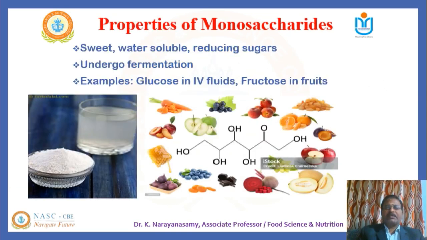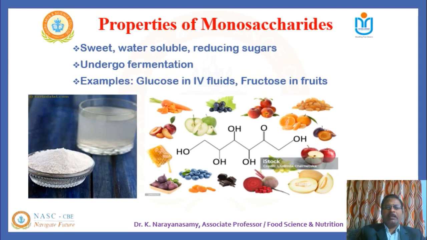Some of the properties of the monosaccharides, it's very simple. See that this is a monosaccharide, glucose, and these are all the fruit and other food sources of glucose. Glucose has a sweet taste, is highly water soluble, and is a reducing sugar. It undergoes fermentation very easily. That is why after fermentation of glucose we see that alcoholic beverages are produced, like ethanol, wine,